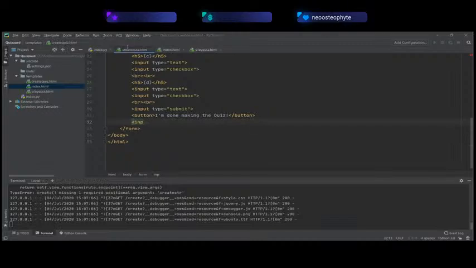Let me just show how. Okay, input type is equal to text, default is equal to,